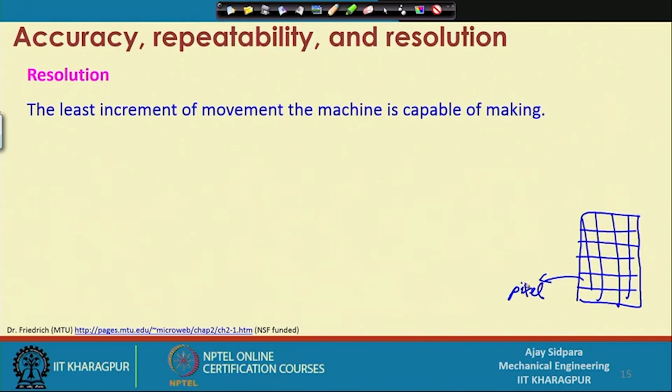Single pixel. Suppose this is the total area of the screen, and then we have to say how many pixels we can add. If you add more and more pixels, your image will be divided into a large number of pixels, and each and every pixel will give a real life, very realistic view of the system. So, higher is the pixel density,